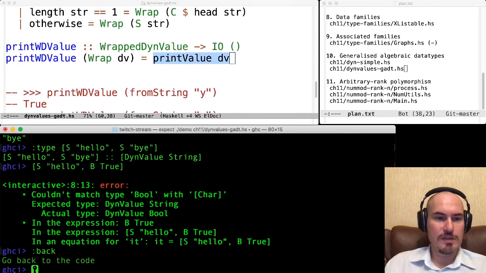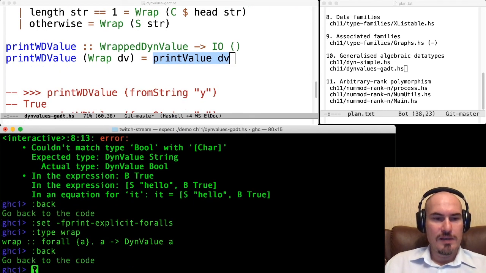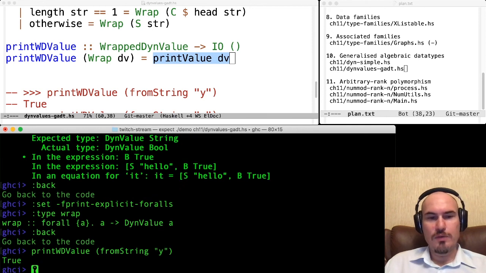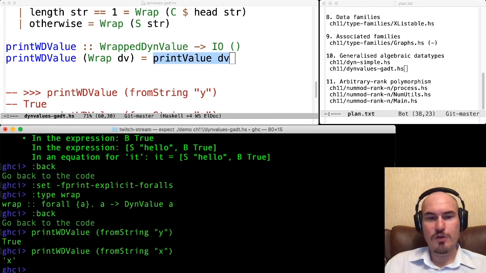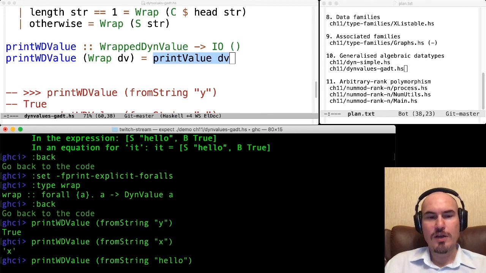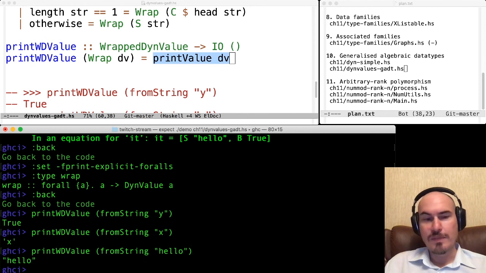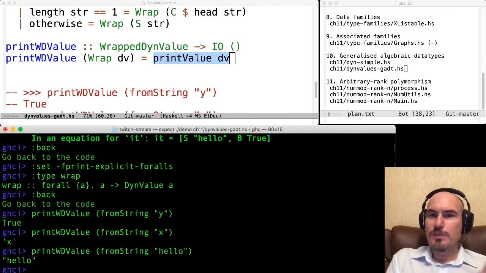And now let's look at examples. So here from string y we'll get true, from string x we'll get character, and from string hello we'll get string. So look here, we've got a type for dynamic values, but then we wrapped it with a data constructor, and now we can work with it.